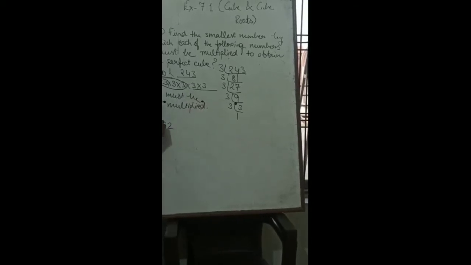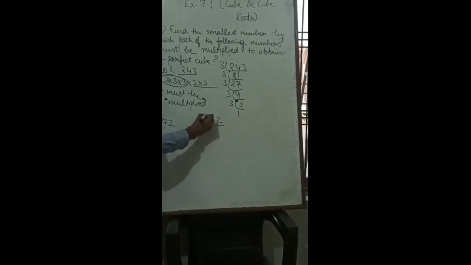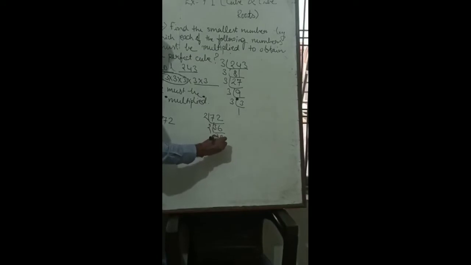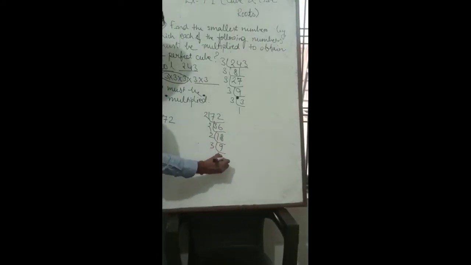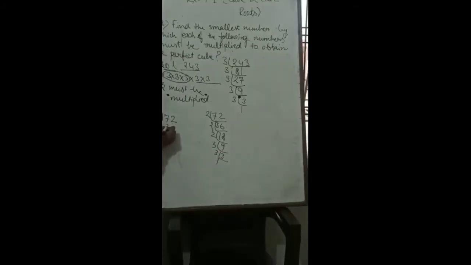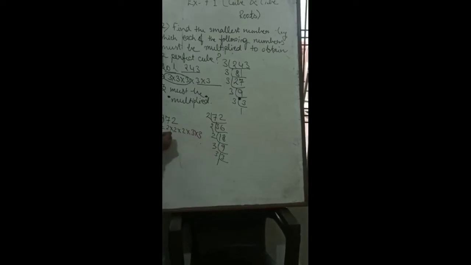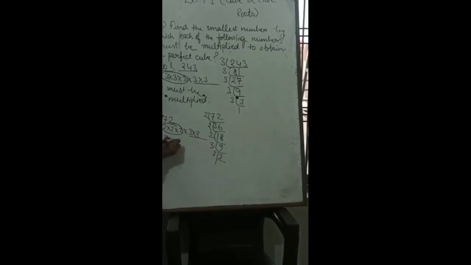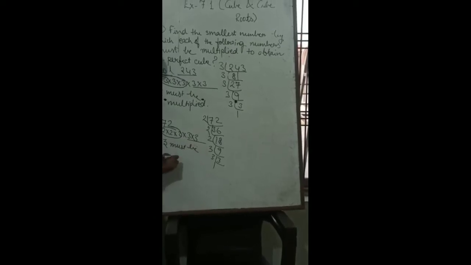Similarly students, you have to solve the B part. In the B part, firstly you have to find the factors. 2 3 are 6, 2 6 are 12, 2 1 are 2, 2 8 are 16, 2 9 are 18, then 3 3 are 9, then 3 1 are 3. After this you have to note down all the factors here, and then you have to make the groups. You can see its group is completed, but its group is not completed. So the answer will be 3 must be multiplied.